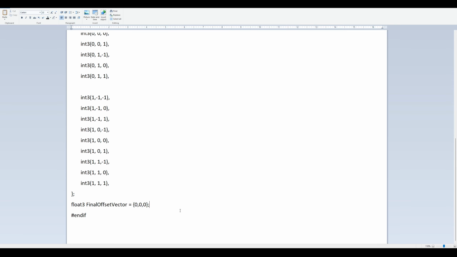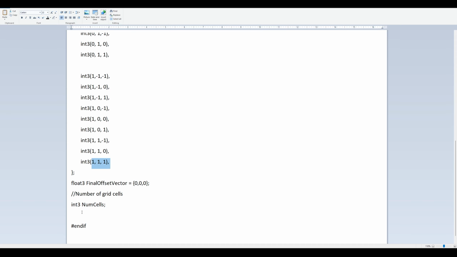Next, we're going to initialize a few more variables, but this time we're going to use functions that we're going to call on the grid. So let's start with the number of grid cells, so the resolution of each axis. So it's an integer 3, so one of these sets of 3 integers,